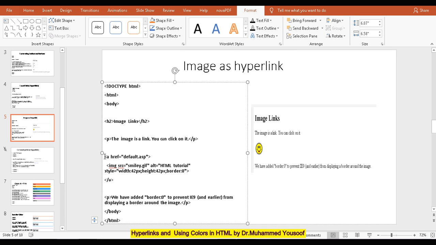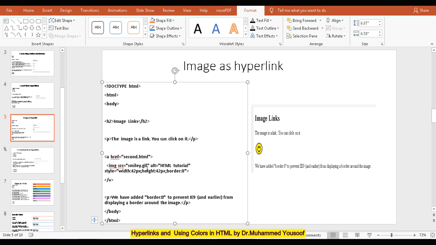Now we are going to focus on this part, which is giving us this smiley image, and you are also going to have a hyperlink which is going to open another file. With a href, you can specify the file. You are giving a hyperlink. What is the file name? If you don't have an ASP file, ASP being a type of web file, you can give here second.html, a href second.html. So that means you are creating a hyperlink.